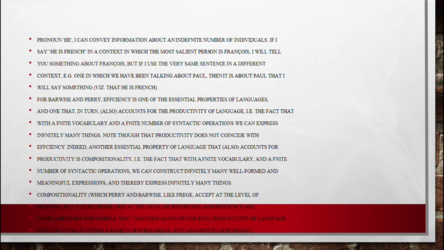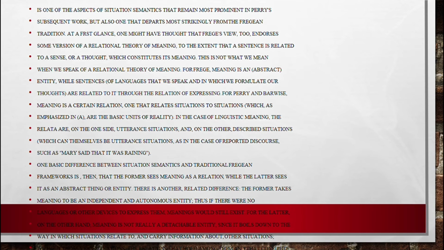Efficiency itself covers a family of phenomena, such as context dependence. Okay, next is one aspect of situation semantics that remains most prominent in Perry's and subsequent work, but also that departs most strongly from the Fregean